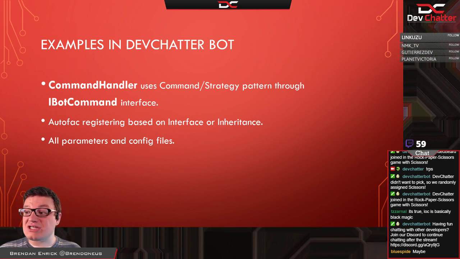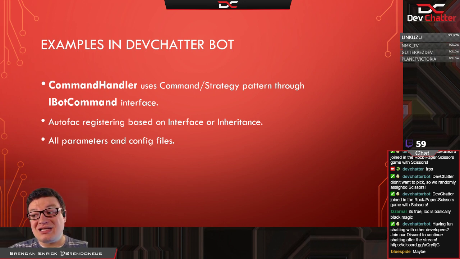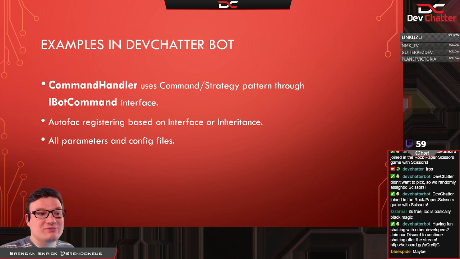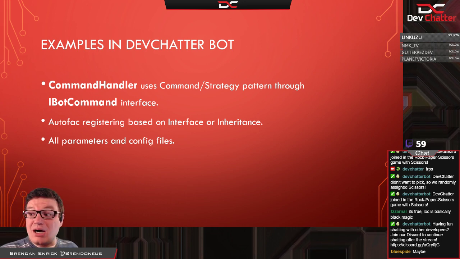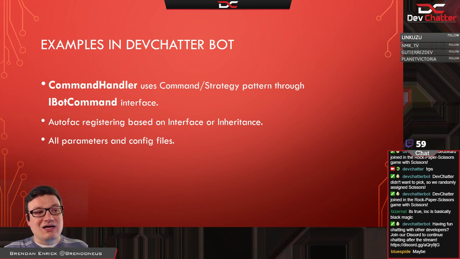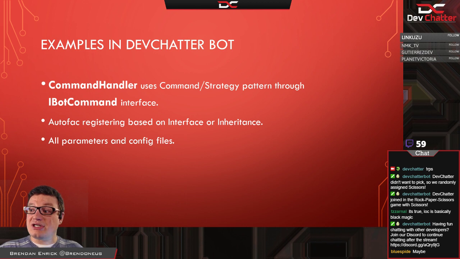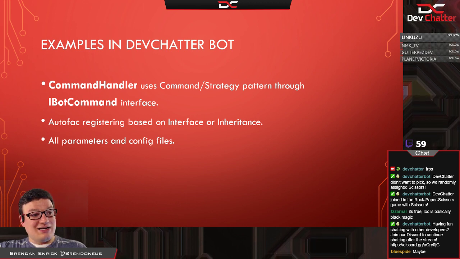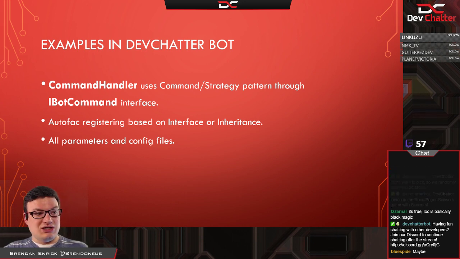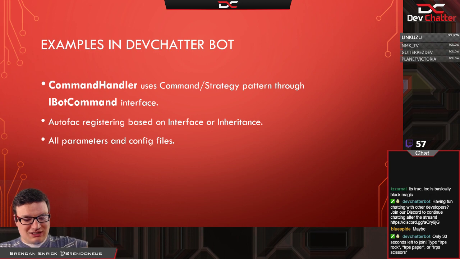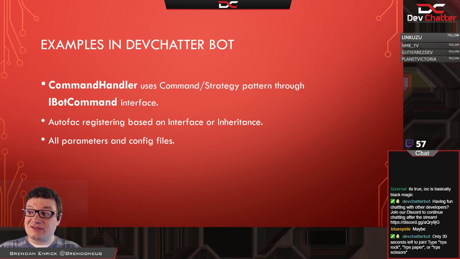So that's at the project level. Remember, we've talked method level, there's parameters. At class level, there's things like implementing interfaces and using polymorphism. And then at the module level, so modules of your code, the package level, things like that, we have IOC container registration based on implementing types. And then at the very top level, we can use configuration files and environment variables to deal with whole projects.